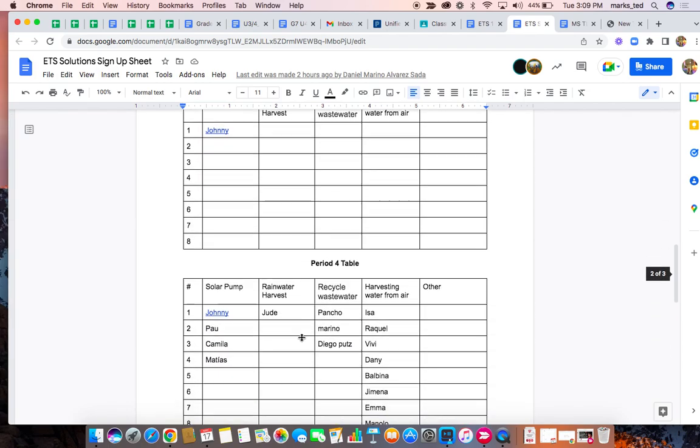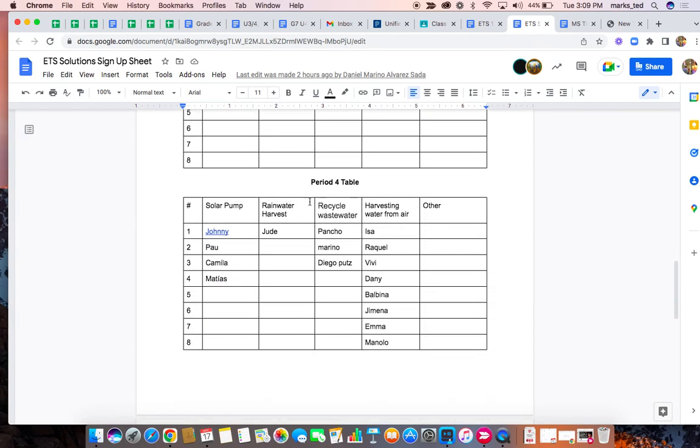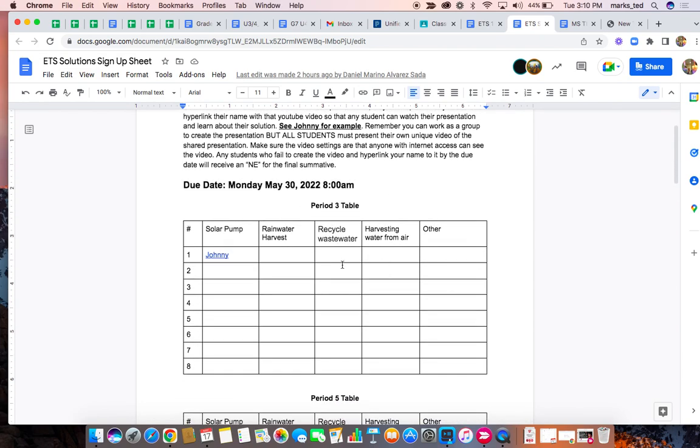And if I scroll down to period 4, these students here have picked their solutions that they want to do. Okay? Why is the name hyperlinked? Well, the hyperlink means that you will have a video. Most people were saying you're not allowed to upload to YouTube. You could do it to Loom. And the video, if I click on your name, it will take me to the presentation that Johnny has said